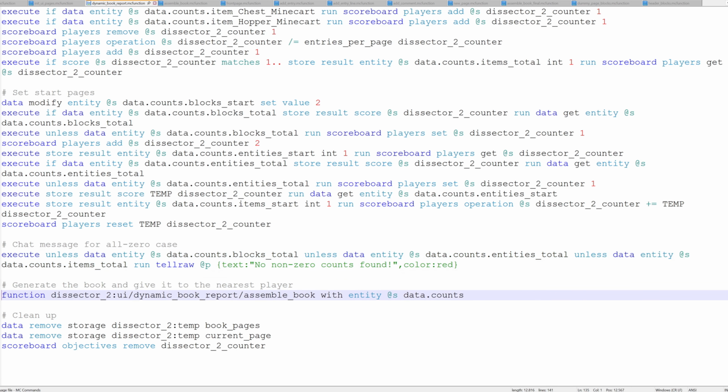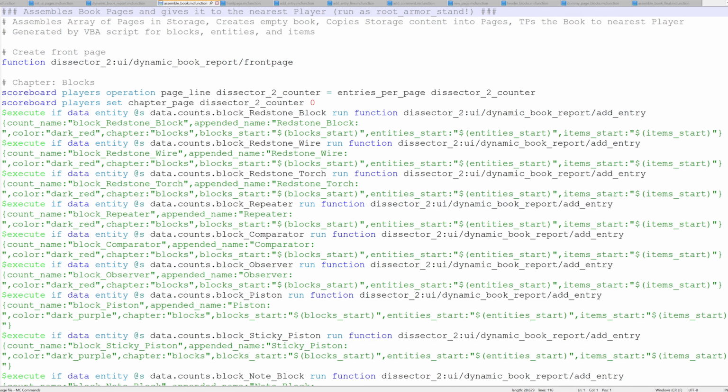Then we trigger the actual book assembly. And then finally, once we're done with that, we clean up the storage and the sector counter again. Now, once we're done with the pre-calculations, we call this assemble book function here, which itself starts with a function